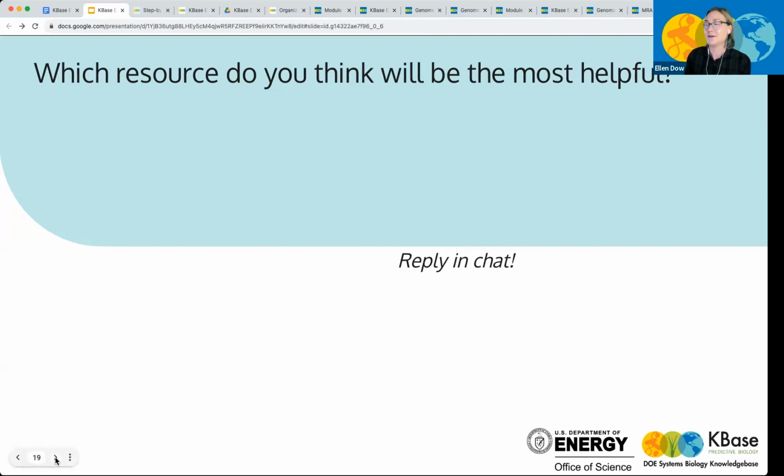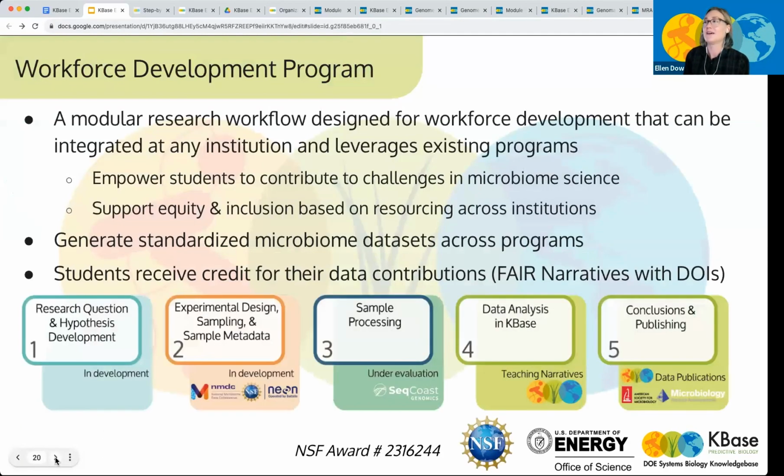So I do want to share a newer initiative that we're also working on with the KBase Educators program. We have a new workforce development program that we just started. We have received funding from the National Science Foundation through a research coordination network undergraduate biology education incubator. Currently we are working with a large steering committee and working groups to develop this modular research workflow that takes students through the entire research process of developing a research question and hypothesis, actually going out and sampling,